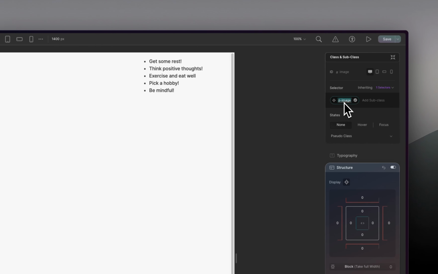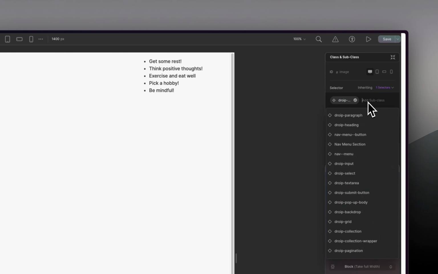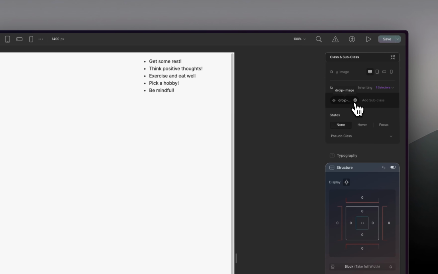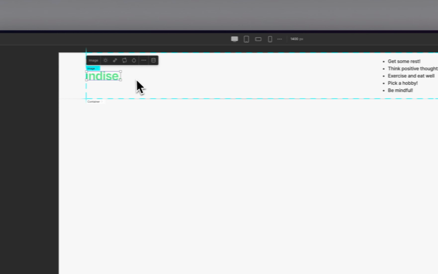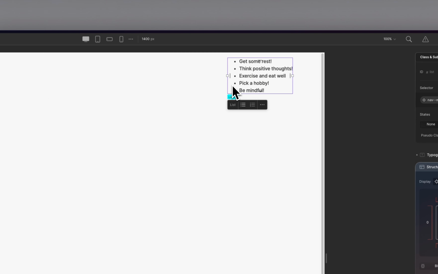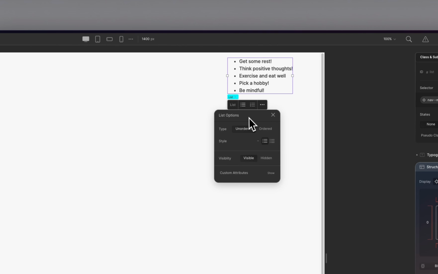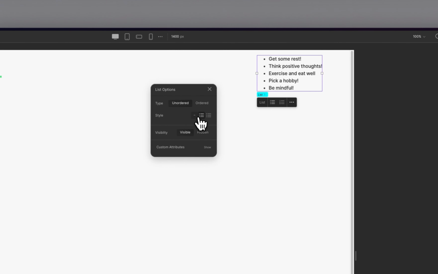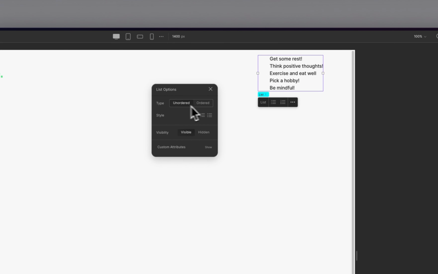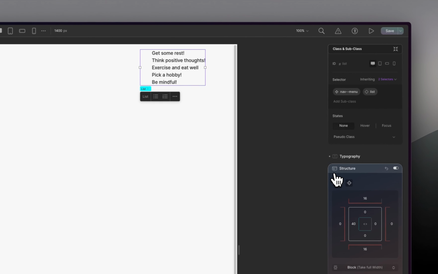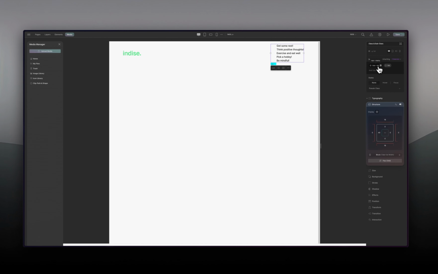If you want to change the class name, you can change the class name from here. You can add a subclass also over here. All right, so let's click on this menu, this list, and then click on more options. Let's drag this to the side, and then make sure the style is none, and then it's on other list. Everything is cool, and then we just want to close that. All right, so that being done, you can see that it added classes already.